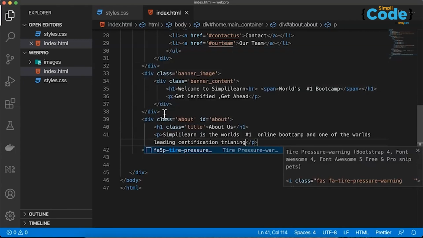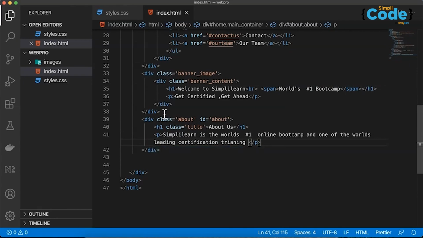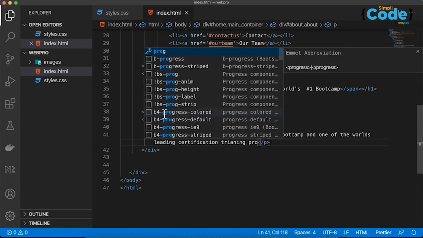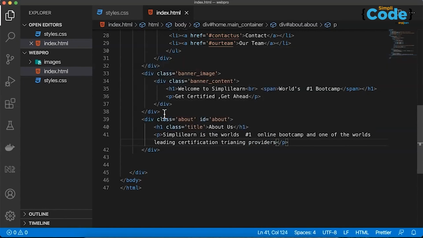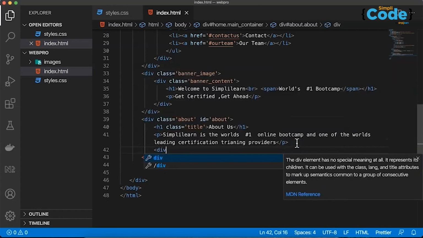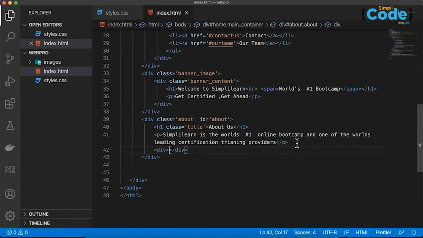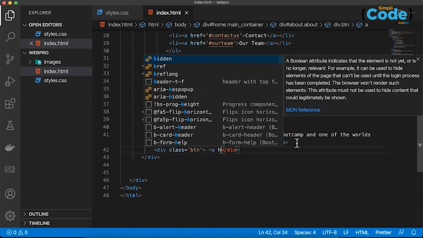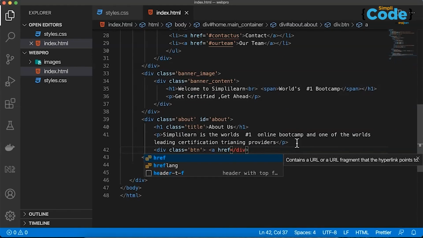Training. Okay, we can just provide some details, training providers. That's it. So we can write it that much in a paragraph tag, and we can use this div again. Within this div, we say div class equal to btn and say a href equal to,